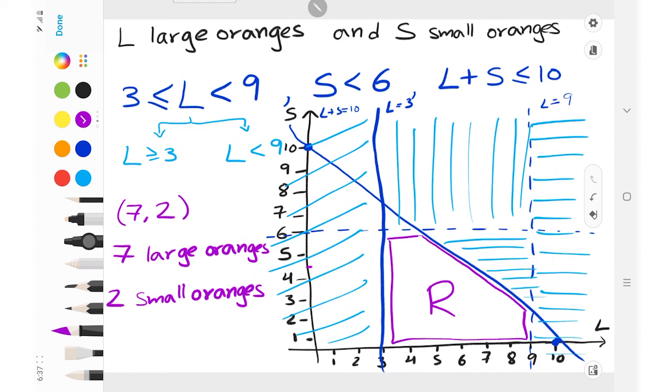I want to show you how this works. 7 large oranges. 7 is greater than 3, less than 9. So it's true for this one. Now 2 small oranges. It's less than 6. It's also true. L plus S is less than 10. 7 plus 2 is 9. It's less than 10. So my solution is in my region. It satisfies all my inequalities. This is my solution. So I did 2 examples like this one, and this is the last video I will